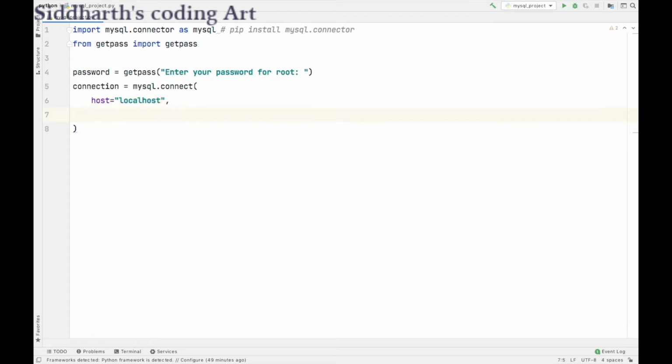I will now write here port. Port is not necessary. If you do not give a port, then it is also okay. Now after giving the host, you have to give the user. So of course the user will be root, and the password will be